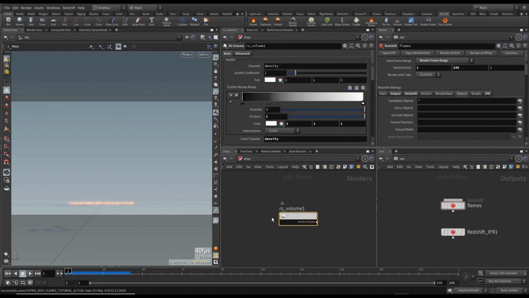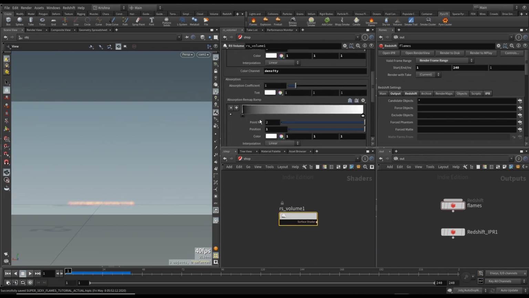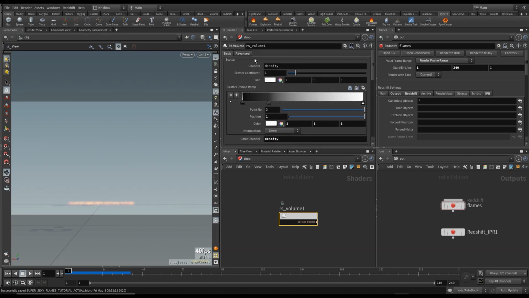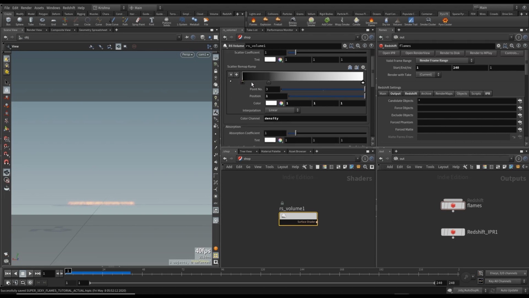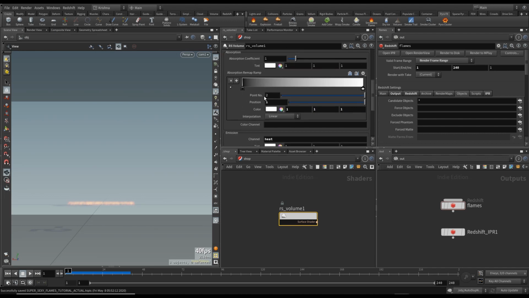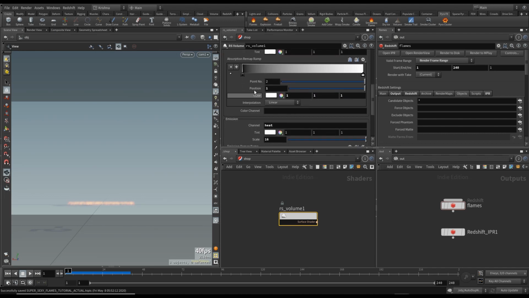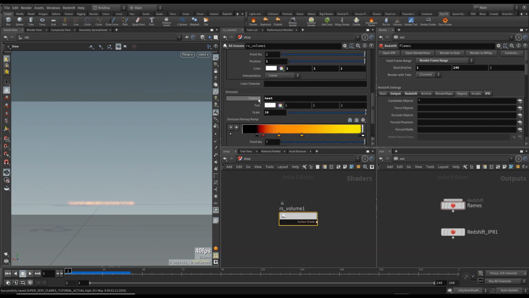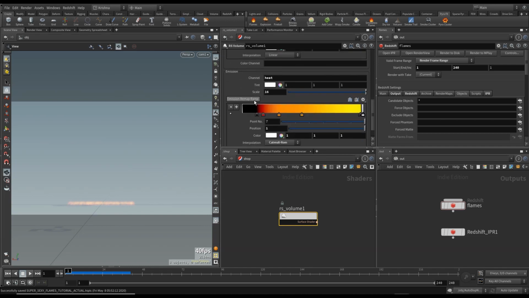Okay, I added an RS volume in here, and it's just typical settings, to be honest, nothing major. Density for your scatter channel, and I just moved this pointer just over here. Color channel is density, and absorption I'm not doing. Okay, there's no absorption here. Heat is the color channel, and I created this